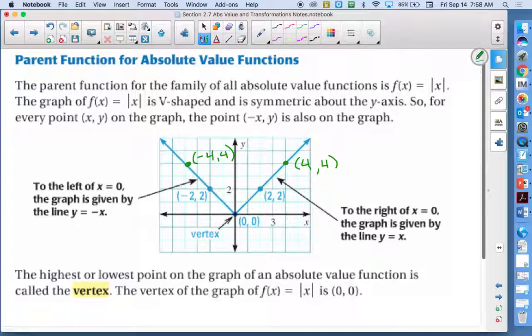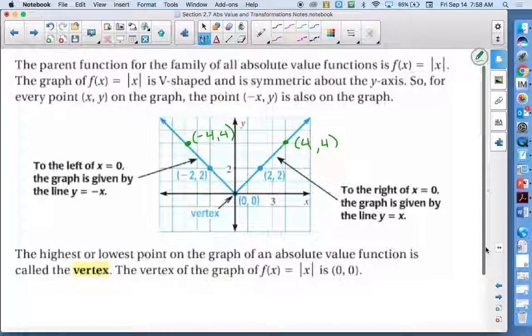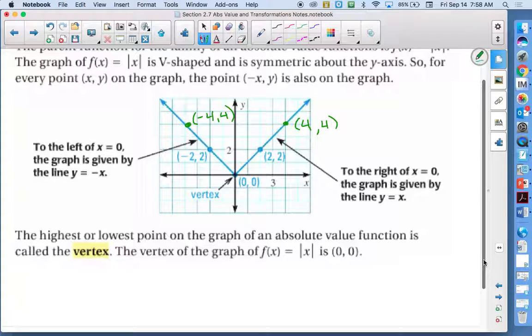And then underneath here it says the lowest or highest point of the absolute value function is called the vertex. The vertex of this graph is at (0, 0), because it's not moving anywhere. So a parent function is the basic graph that is centered at the origin. It does not move left, right, up, or down. It's not going to get wider or more narrow because it's a basic graph to look at. So we're going to see if we can